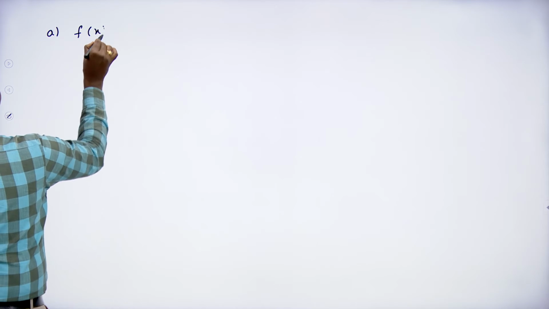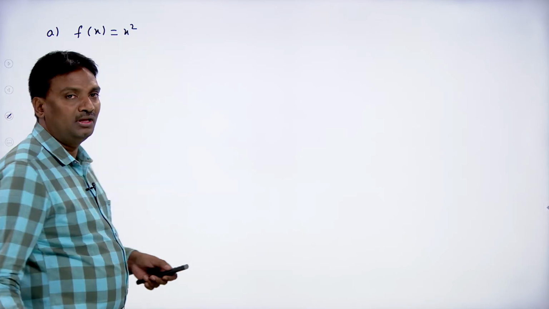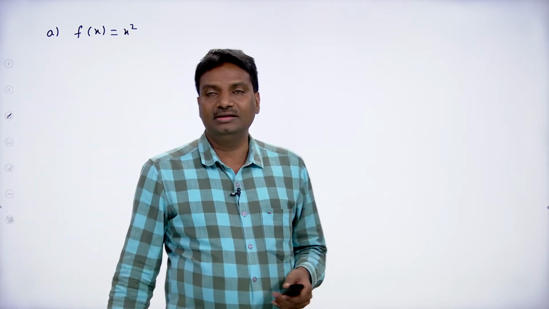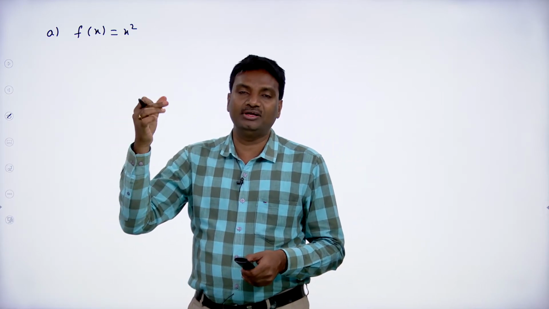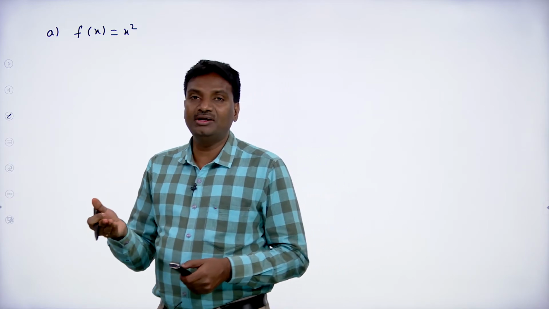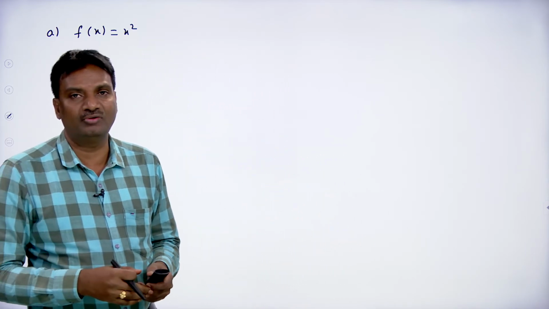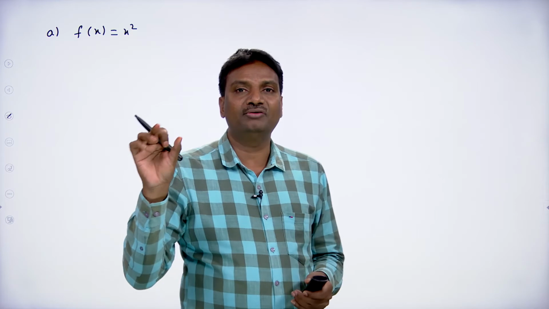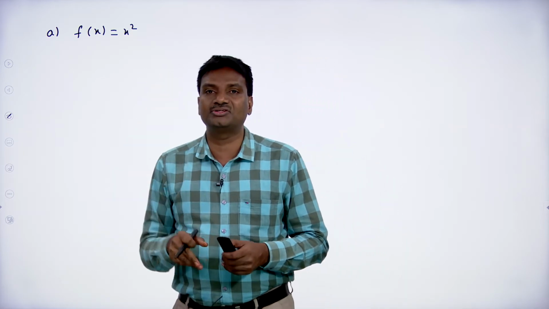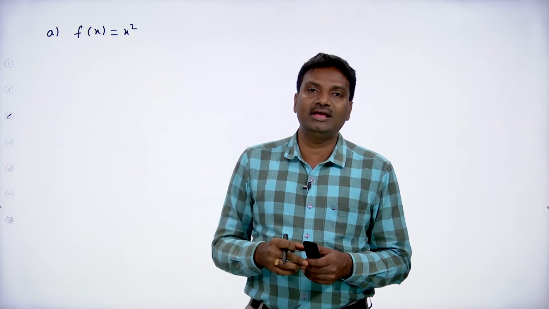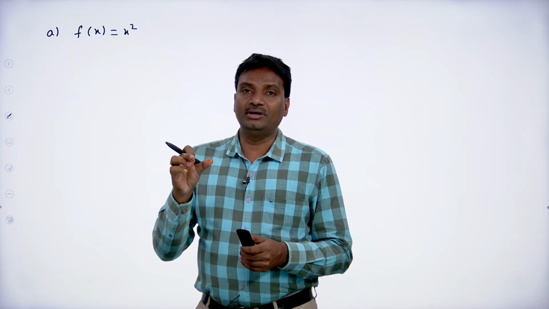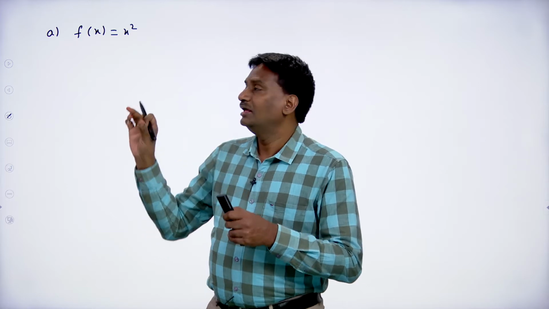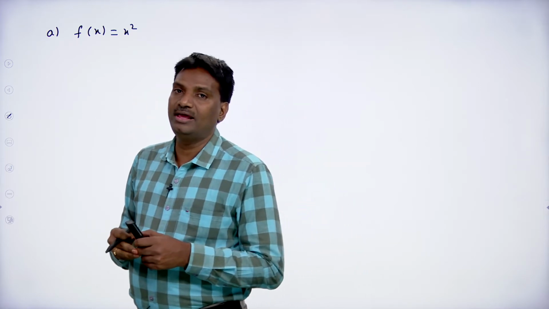Here in column 1 the first question is f of x equal to x square. To check whether a function is one-one or not, we may take f of x1 equal to f of x2 and try to prove x1 equal to x2. If we get x1 equal to x2, then we can say f of x is a one-one function. By taking f of x1 equal to f of x2, if we get x1 not equal to x2, we can say f of x is not a one-one function. That is one method. Or simply by considering two different elements, if we get the same image, then we can say f of x is not a one-one function.